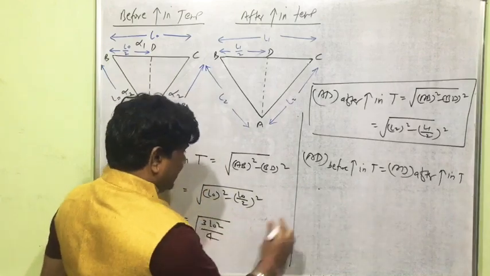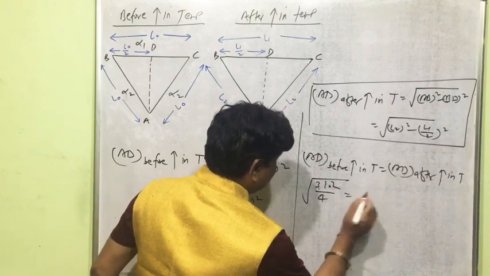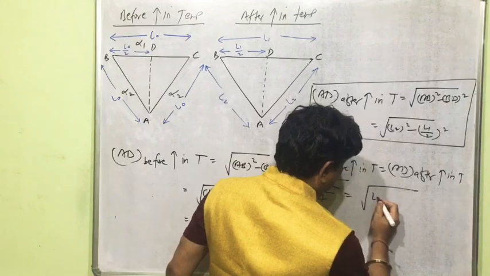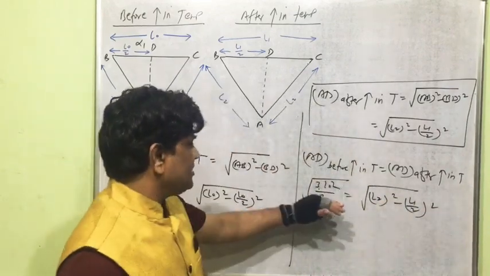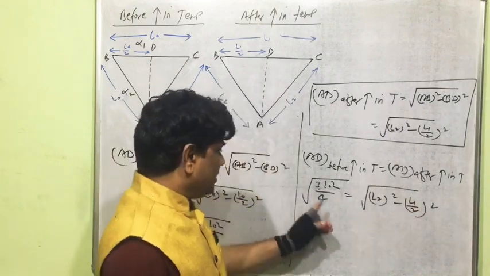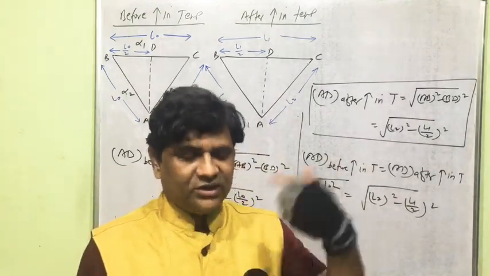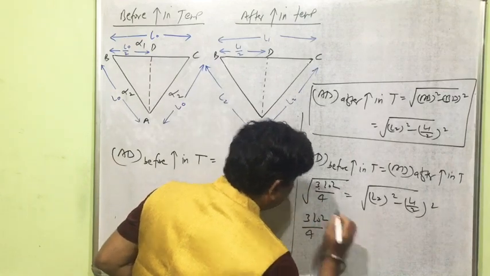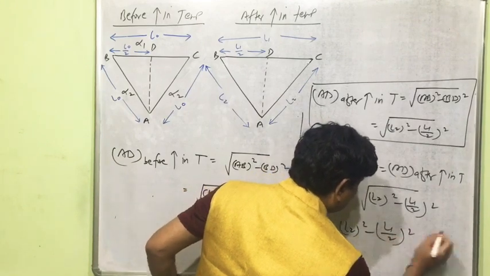Now AD before rise in temperature is root over 3 L naught square by 4, which is equal to AD after rise in temperature, root over L2 square minus L1 by 2 square. So this is the AD before rise in temperature, here is the AD after rise in temperature. Now squaring on both sides so that we can eliminate the square root. So it is 3L naught square by 4 is equal to L2 square minus L1 by 2